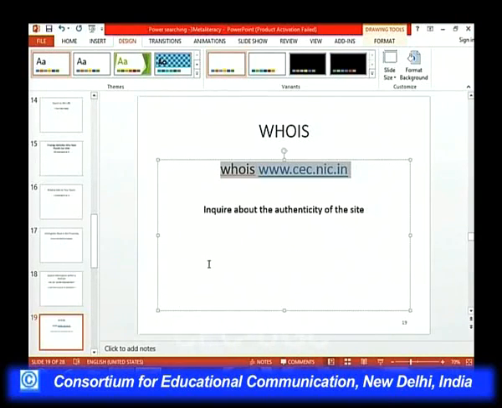So, it is very important that you should check the antecedent and authentication of the website. This is very important because in the era of information overload, we are bombarded with information and it is very hard to decide which information is credible and which is not. So, this can help you in that.